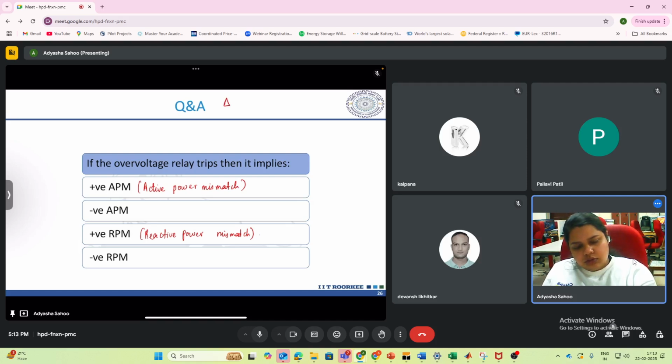So the formula for active power mismatch was the difference between load and generation, active power, and similarly reactive power. For reactive power, it is QD minus QG. So if you remember the relay operating zone,